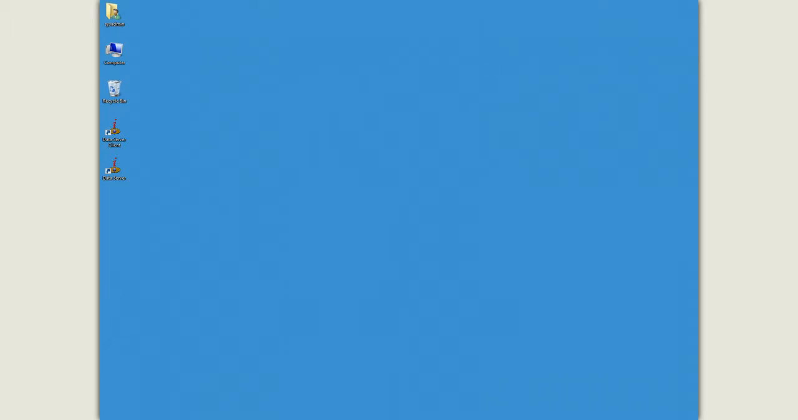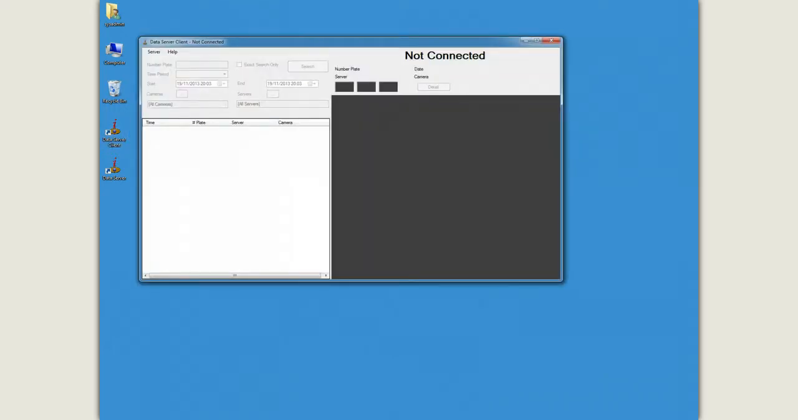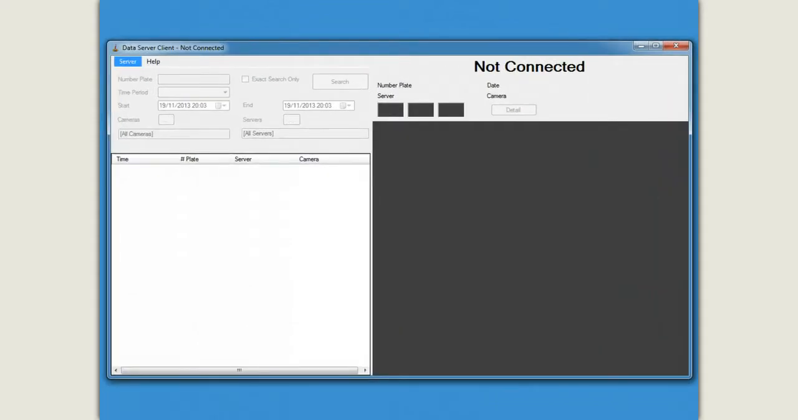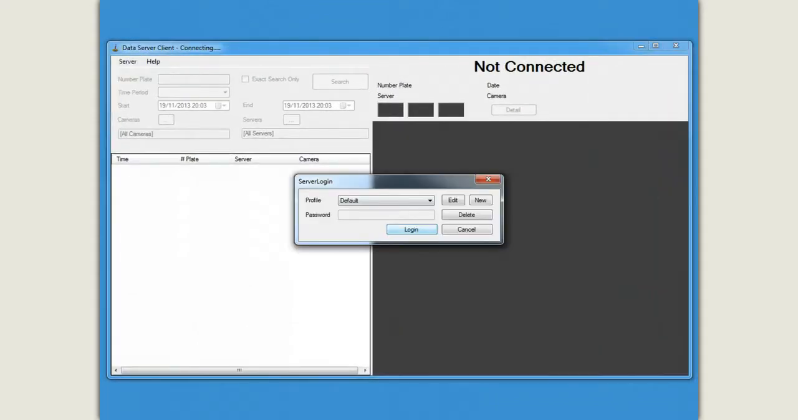In this video we're going to show you how to set up Nuuo to receive notifications from the data server. In order to do this, the first step is to set up the notification within the data server. This is done through the data server client. So we will open the data server client and connect to the data server,